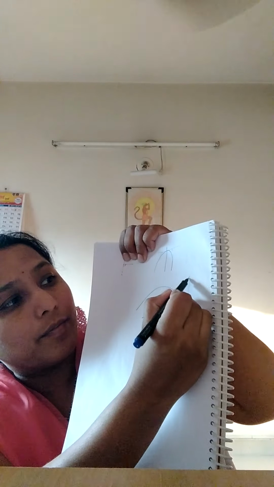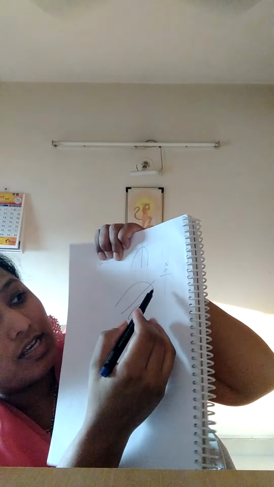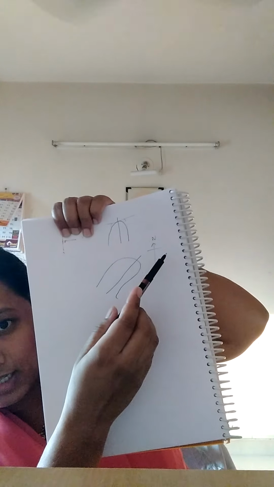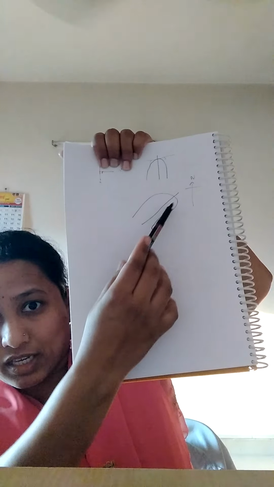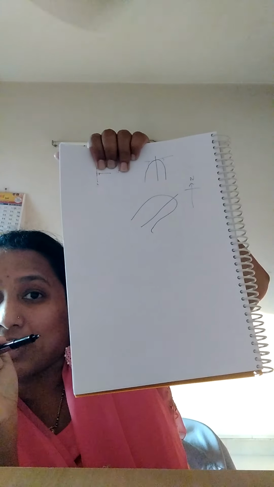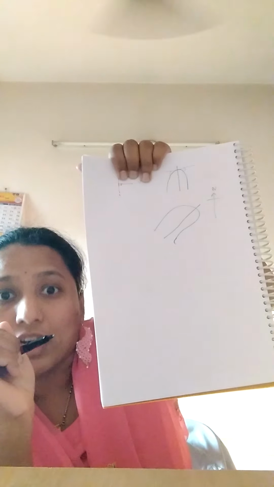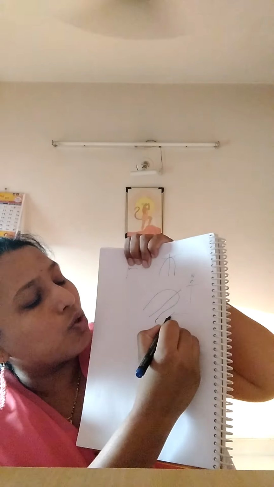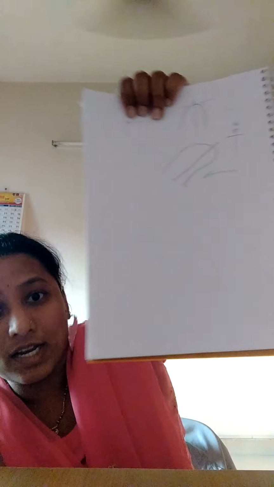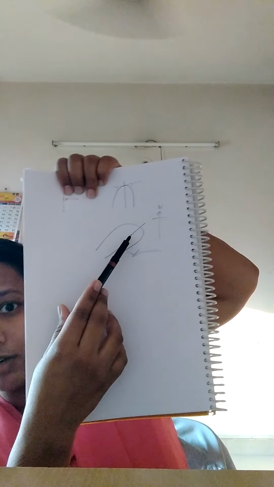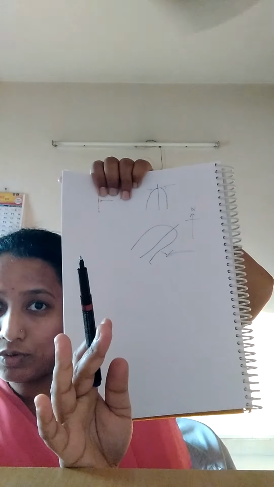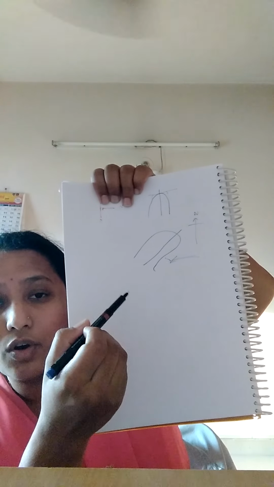That means, if this is north, this is east, this is west. In this case, both the limbs are dipping towards west. Getting me? That is what is an overturned fold, where the pressure exerted on one side is so much that it pushes that limb very much deep inside. The pressure here is more. That is why it pushes this side here, and the axial plane gets inclined. This is a kind of asymmetrical fold, an overturned fold. Alright, so this is what is an overturned fold.